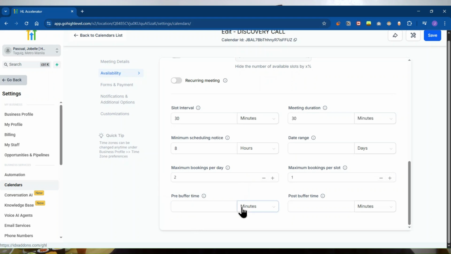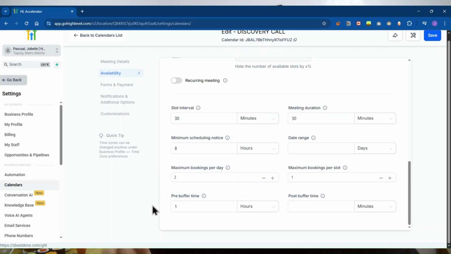Then 8:30, so I should have a buffer time of 1 hour. I want to have a buffer time of 1 hour. Apologies for the confusion.